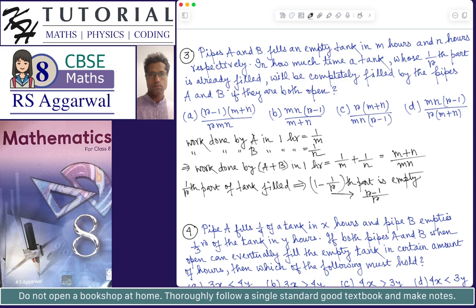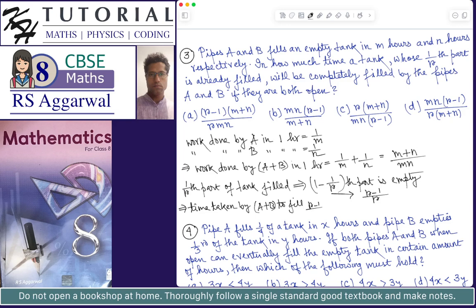So this implies time taken by A plus B to fill